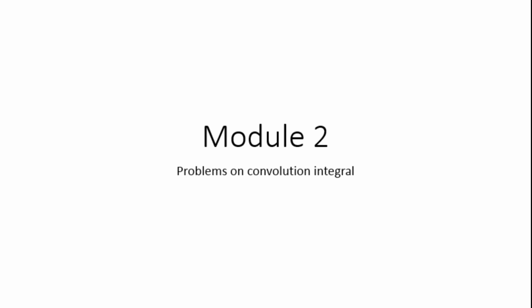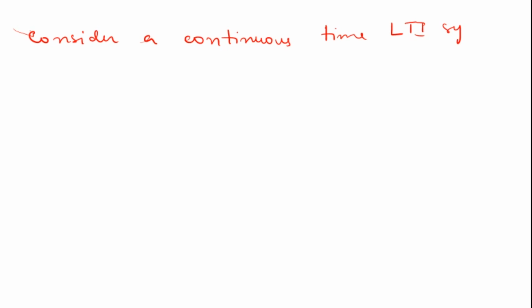Today we are going to discuss some of the problems on convolution integral. First problem, consider a continuous time LTI system with unit impulse response